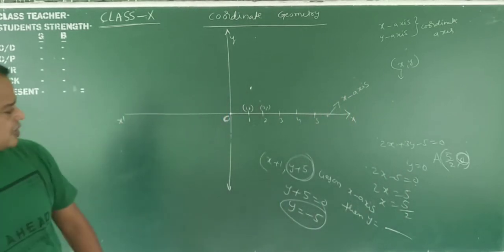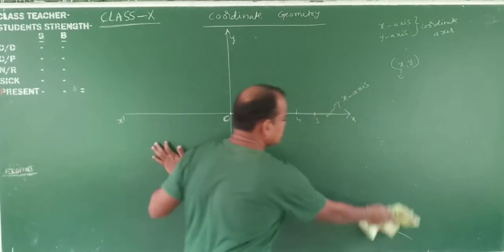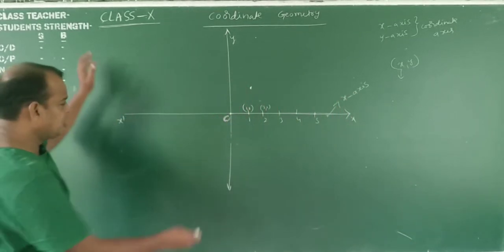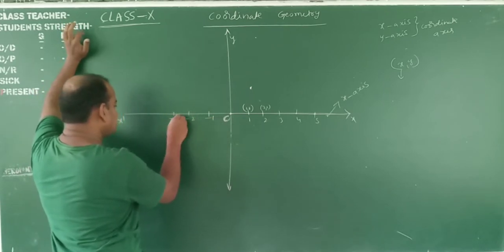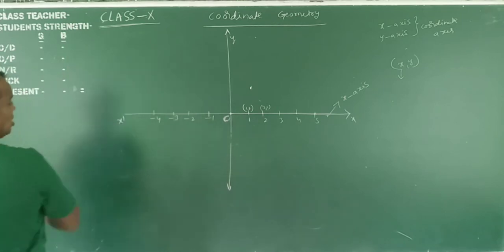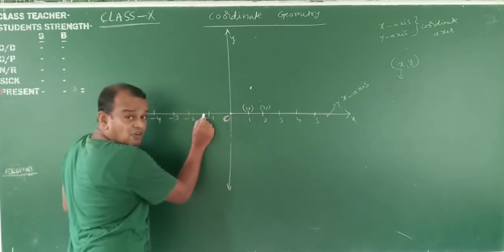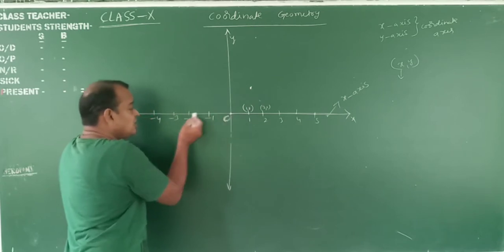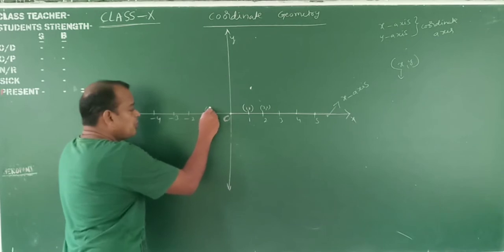Okay, in this way, this side is positive. First of all, here is minus 1 on the left side, here minus 2, here minus 3, here minus 4, and so on up to minus infinity. The distance from 0 to minus 1 is 1, from here to here is 2, then 3 on the left side. But what about this point? Minus 1 comma 0.